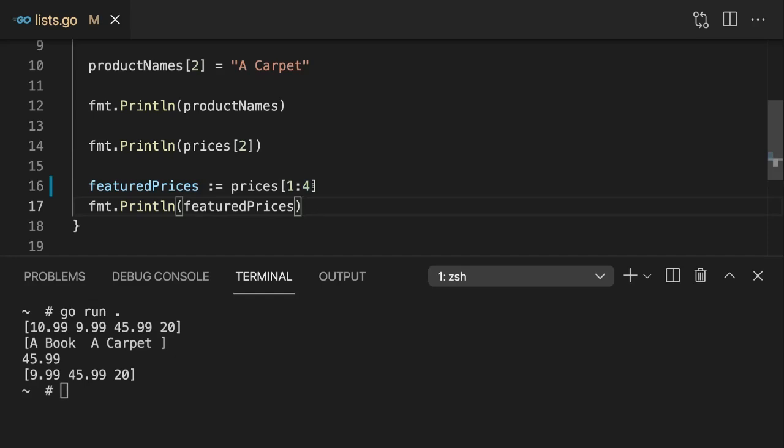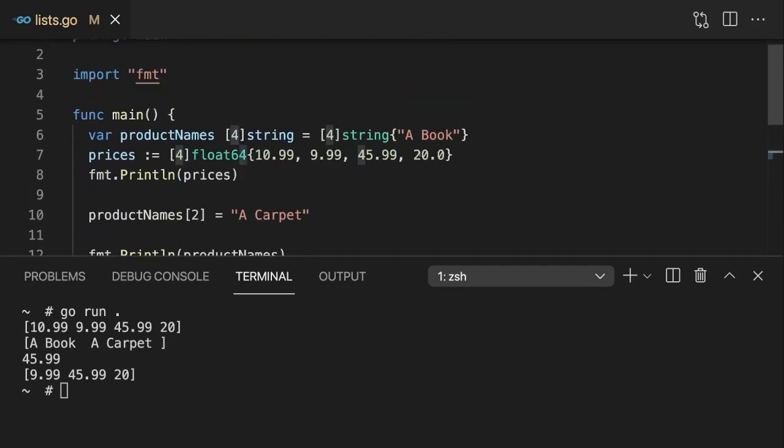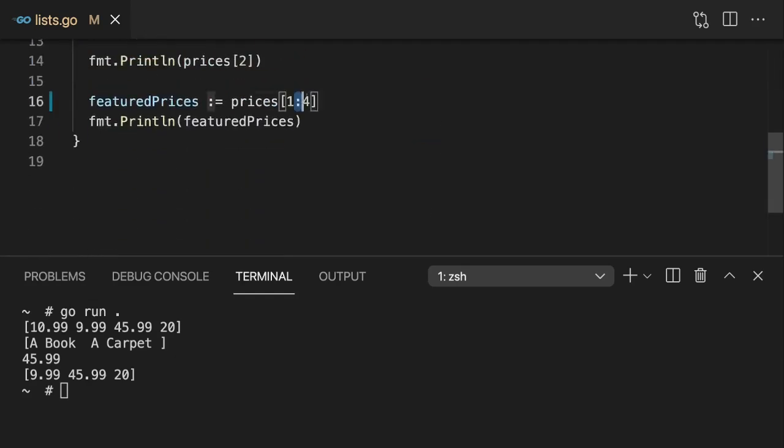So to give you a way of targeting that last element as well, Go allows you to pick the index of the last element, which would be 3. The last element here has an index of 3, and add 1 to it. That's the highest bound